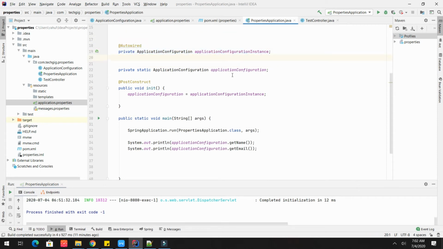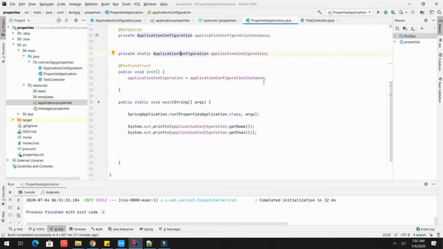To access it in a static context, I have created a static variable over here, so I can access it in the static main method. I kept it over here and I've loaded it. You will be able to see this once I run the Spring Boot application.